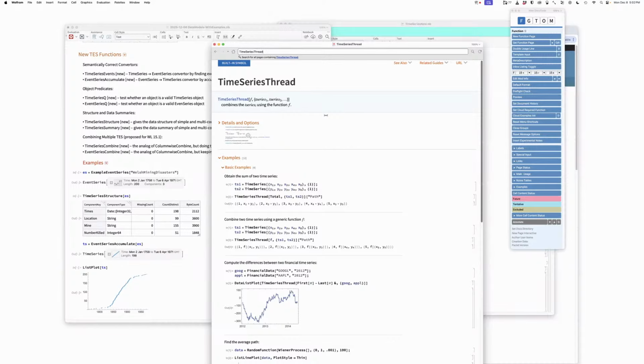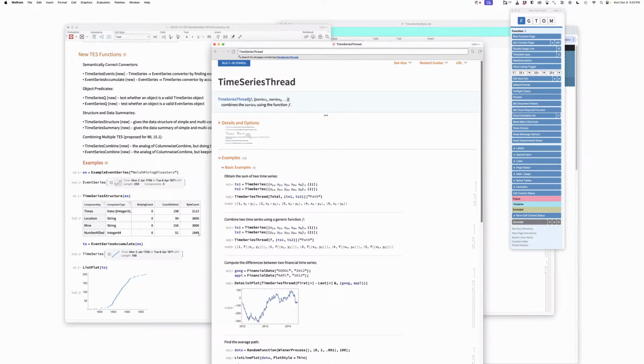I was trying to make some pun about threads and time series. Thread is a bit more general because it allows the function, and the time series combine, event series combine is basically about combining the objects. So it's more specialized and gives more control. All right, but when we review time series combine properly, please don't forget to remind me